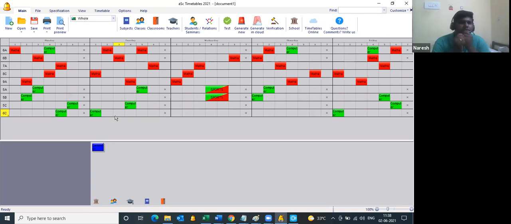This is a normal question, madam. I'm asking if you have any specific constraint, like this teacher has to teach in this particular period. If you don't have any specific constraint, then you just create your Excel data, import it, and generate it. It will be done. In the last session for Cambridge Public School, Bangalore, they gave us one set of data. We did it, and then we generated it.